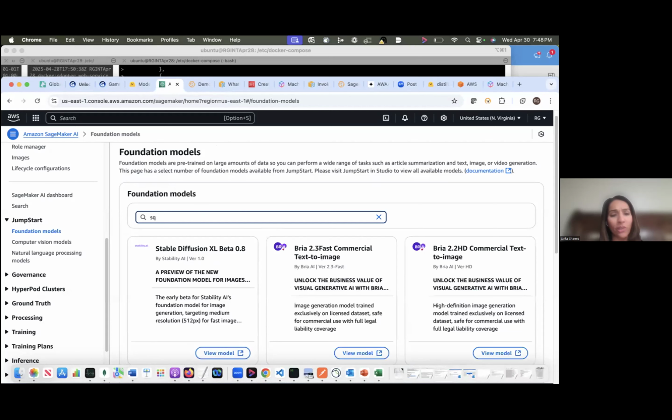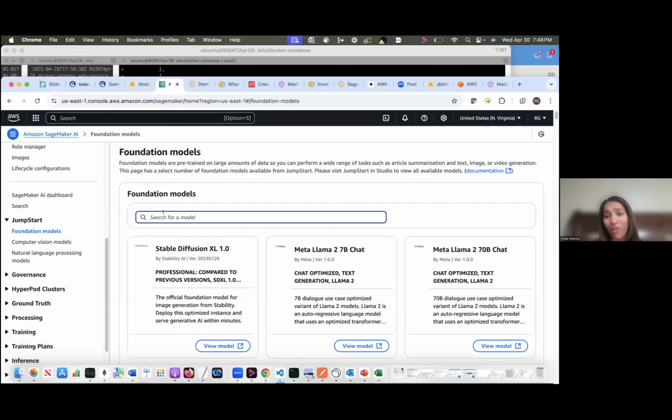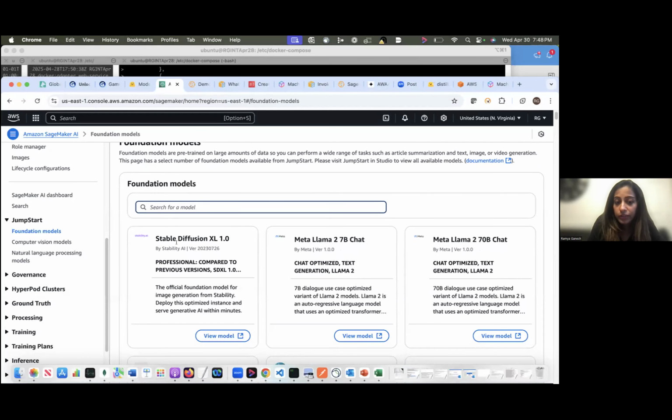How do you know which model to select? There's a plethora of models. Yes, there are loads of them. Hugging Face itself is basically an open source model hub where you can create your model and deploy it in Hugging Face. It has probably around 400 models to choose from. Yes, it does require some research.